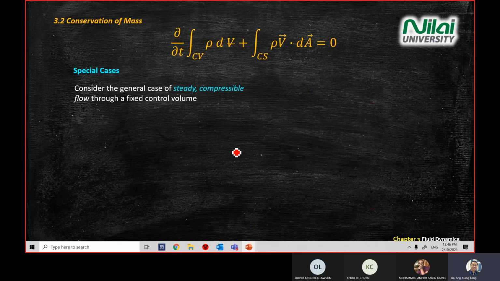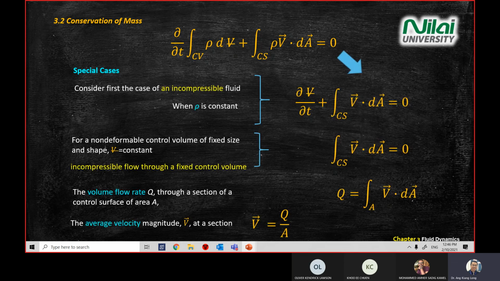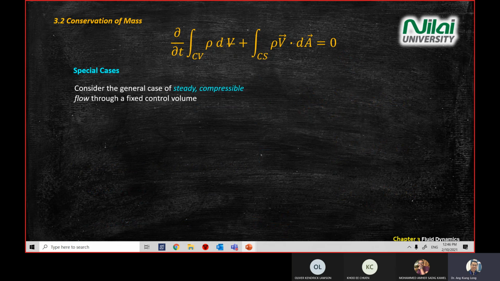Another scenario, just now was incompressible. Now you have another scenario. We only have two cases. One is incompressible, another one is this one. We have a steady flow. Steady means the velocity is uniform, there's no acceleration in the flow. However, you have a compressible flow. So what happened when the flow is steady,